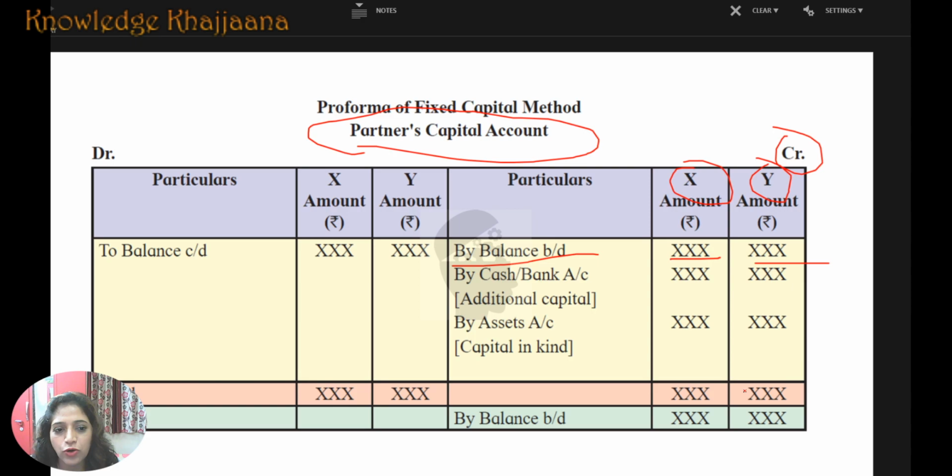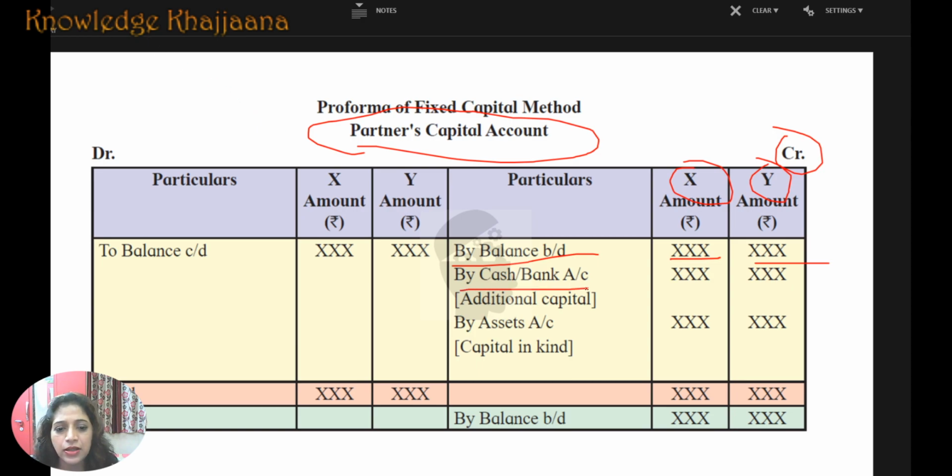For the partnership, you have to maintain as many columns as there are partners. Okay, and the respective entries of that partner are made in the respective columns. Whatever transactions are against that partner are made in the specific columns. So this much of capital was carried forward by partner X and partner Y from last year, because it is written "by balance brought down", which means this is an existing company and this is the closing balance of last year and the opening balance of this year.